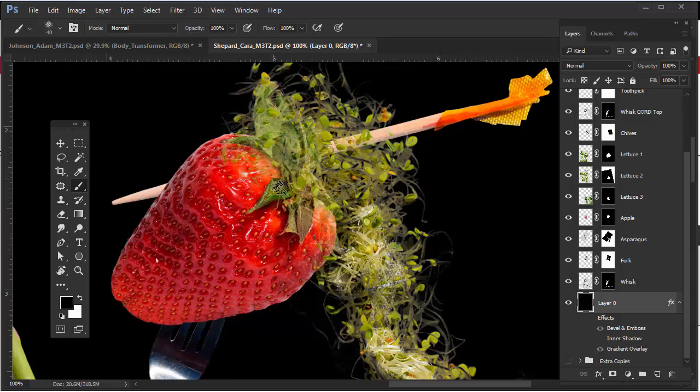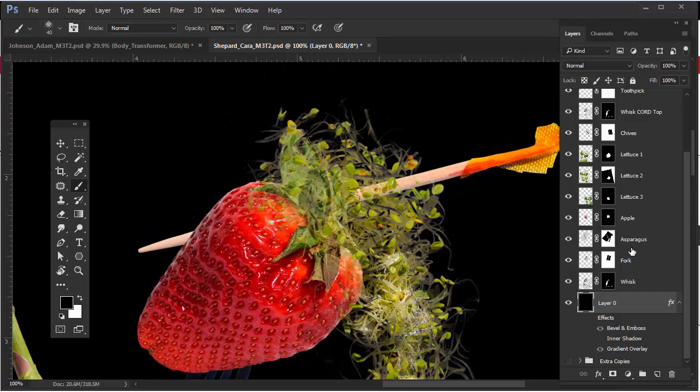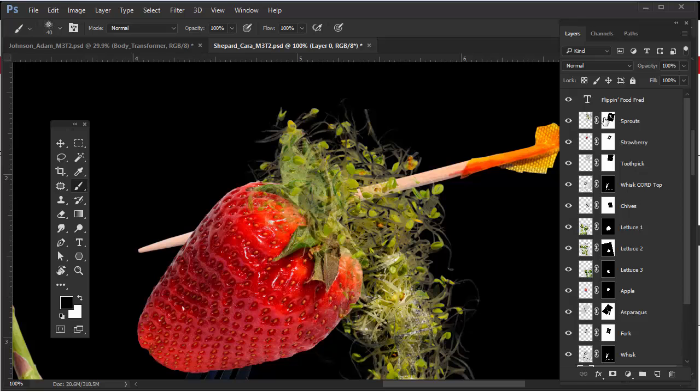That's a problem. So I would focus on making sure that the areas where you have a solid area of sprouts are totally viewable. Okay, so I'm trying to avoid